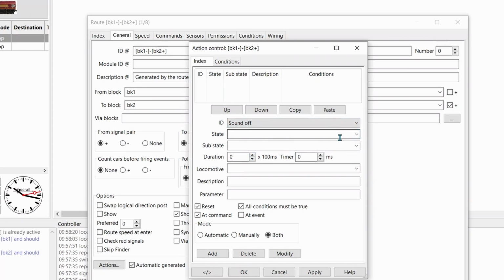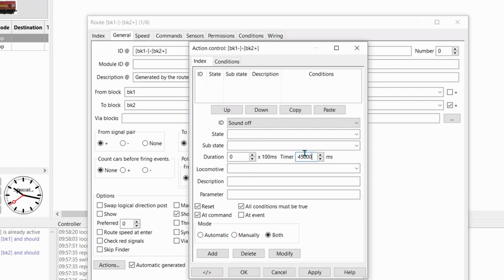And the state we can leave blank, the substate we can leave blank. This time, the timer. If I didn't put in a time, as soon as it went from block 1 to block 2, the sound would go off. Therefore, I need to set up a timer to ensure the train goes in time. And I've done a wee bit of calculations there, and it's 45,000 seconds it needs to do.